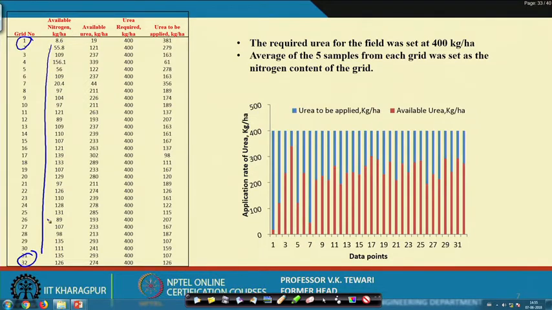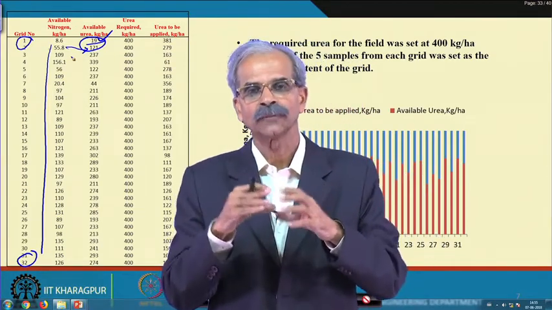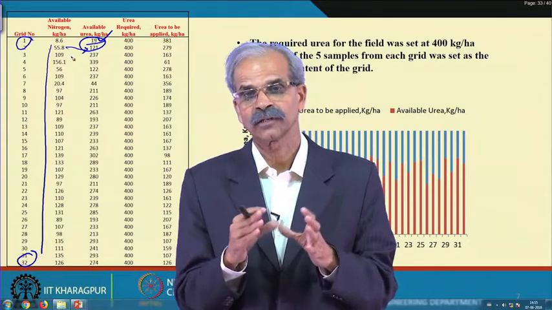You can see this. We know that urea contains 46% nitrogen. With this we know how much urea is there at a particular grid. Say at grid 1, this is the amount of urea which is already there, this 19. Our design was such that we can give up to 400 kg per hectare of